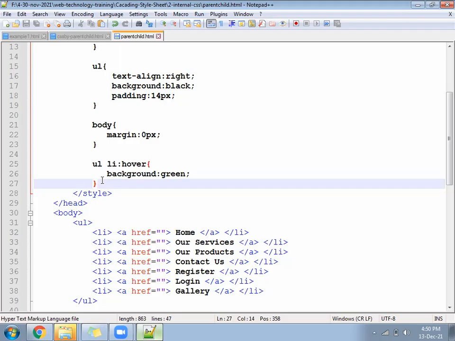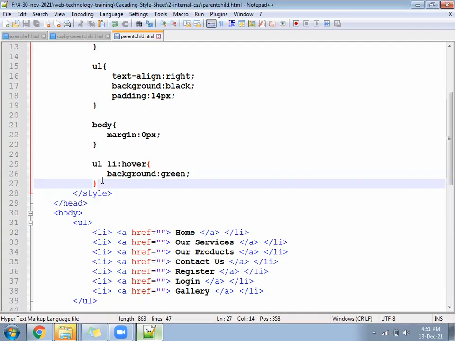Check in your page. When you move the mouse on LI, background becomes green. What is the text color? Red. It's red, right?